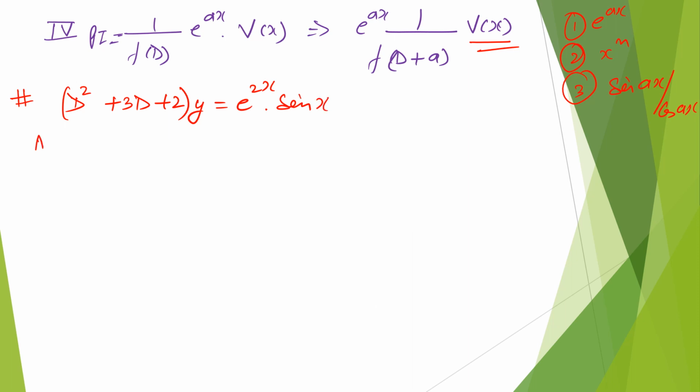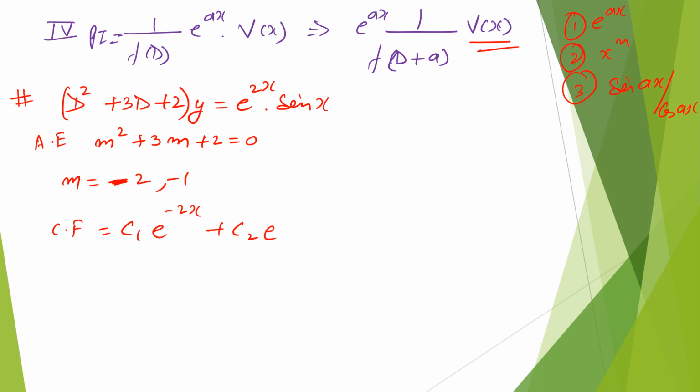For the auxiliary equation, we get m square plus 3m plus 2 is equal to 0 and the value of m is equal to minus 2 and minus 1. Then the CF for the question will be c1 e to the power minus 2x plus c2 e to the power minus x. Now for PI